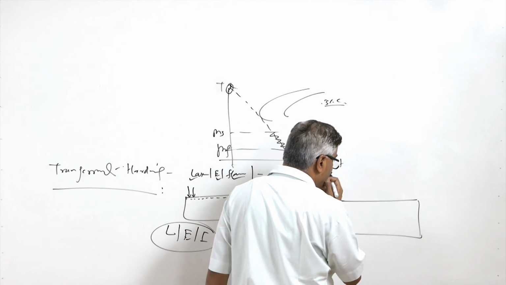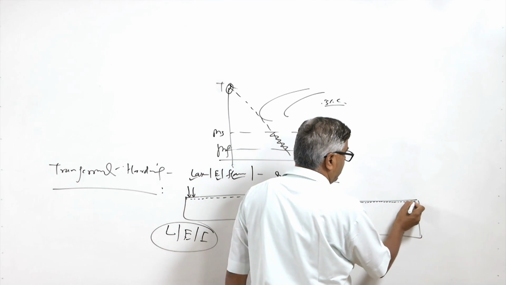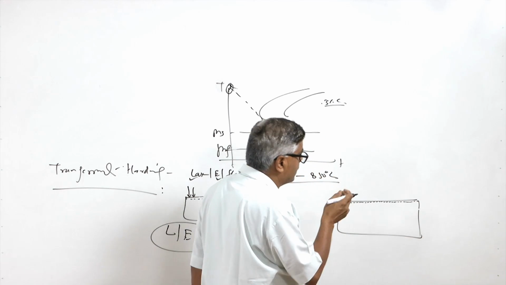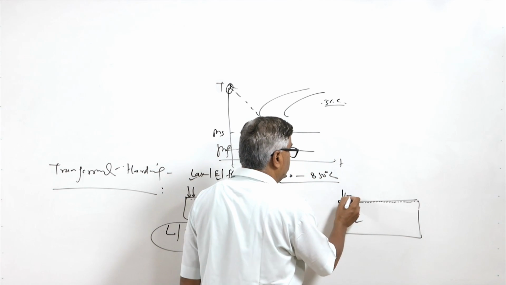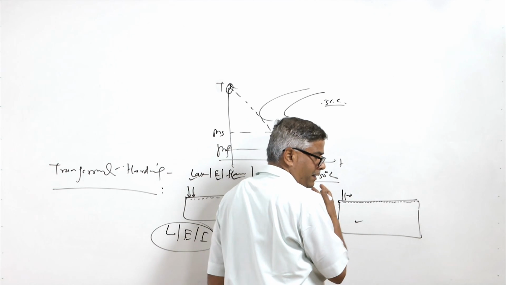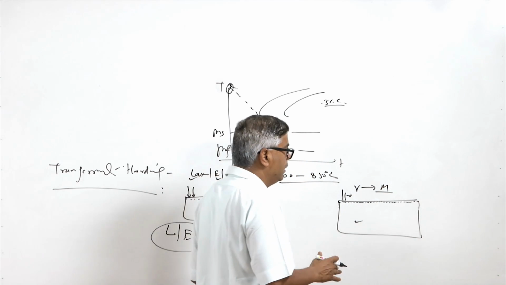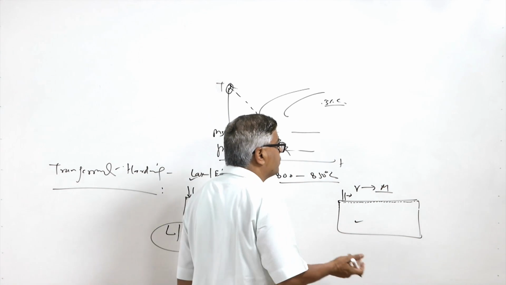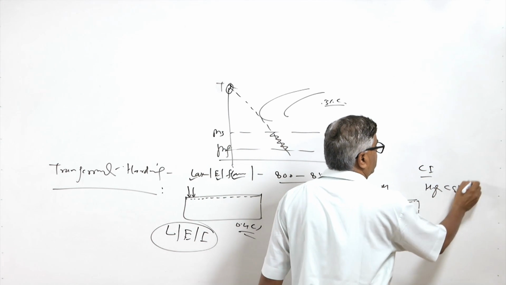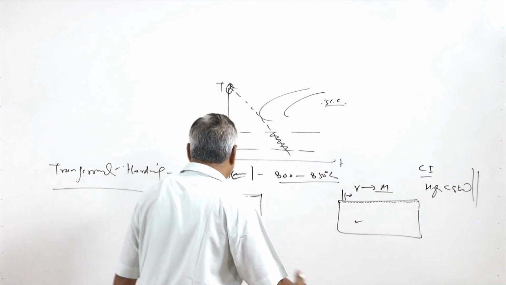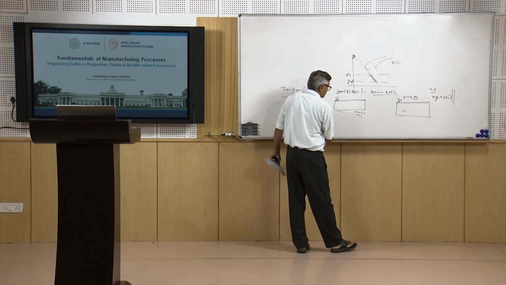So what we do basically is that a very thin layer is heated to the austenitic state, and since it is in metallurgical contact and good thermal contact with the base material, as soon as the heat source passes, these zones experience a higher cooling rate from the austenitic zone and get transformed into martensite. For improved hardness and improved wear resistance, this is normally applied for cast iron and high carbon steels, for components like crankshafts and other components which will be under metal to metal contact wear conditions.